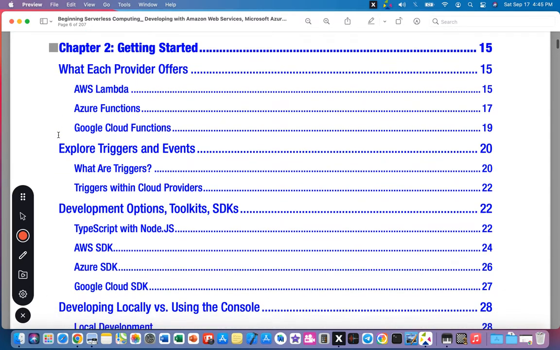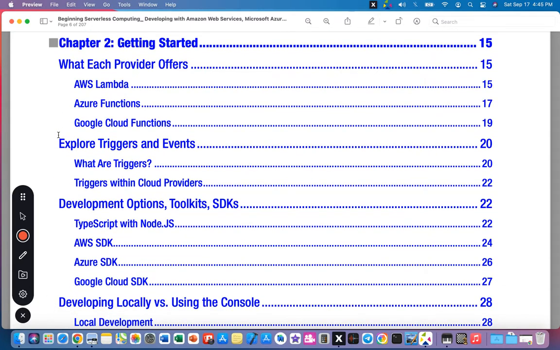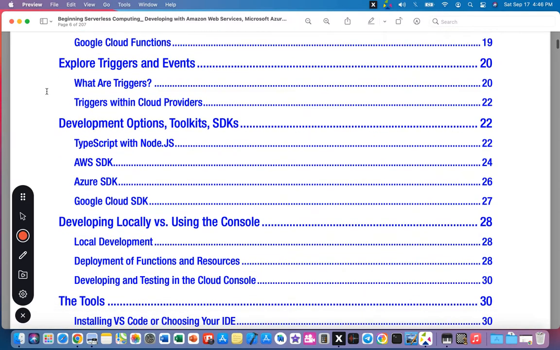Then the conclusion. Chapter 2 talks about getting started, what each provider offers, and because the author is from a specific country, all the solutions are from that specific country, which is normal in the scientific field, kind of advertising your own,